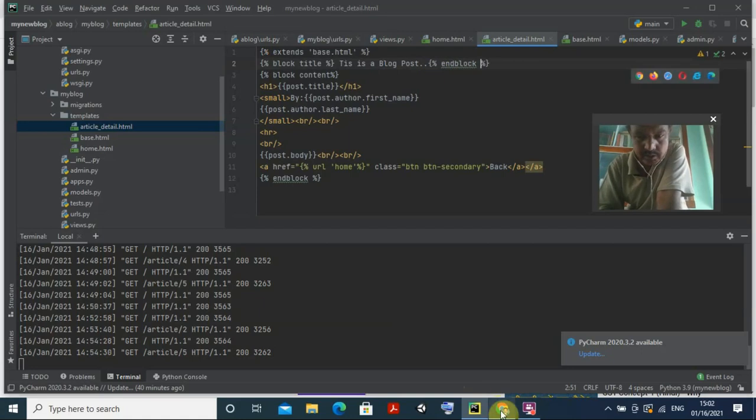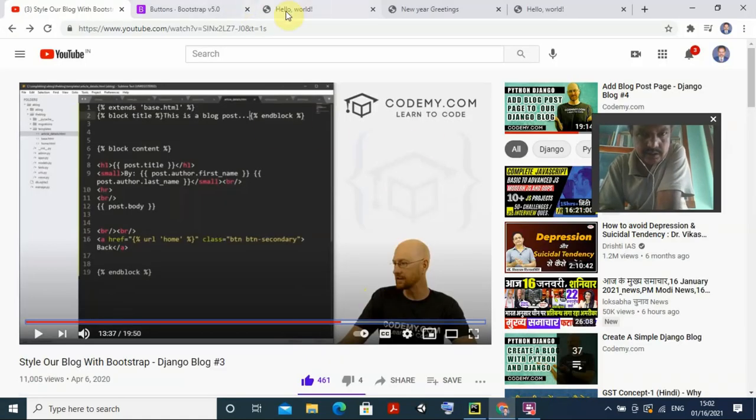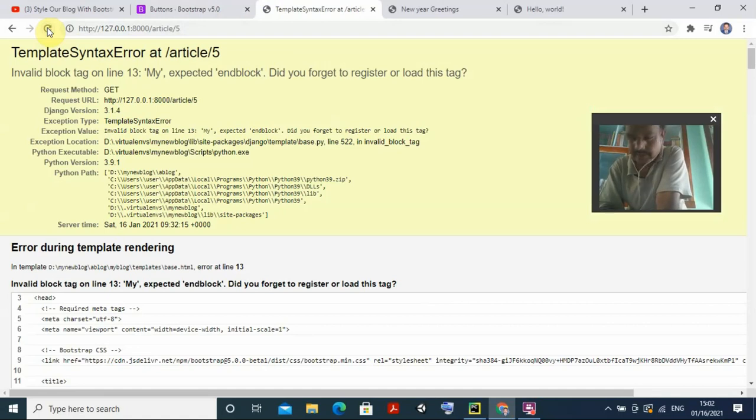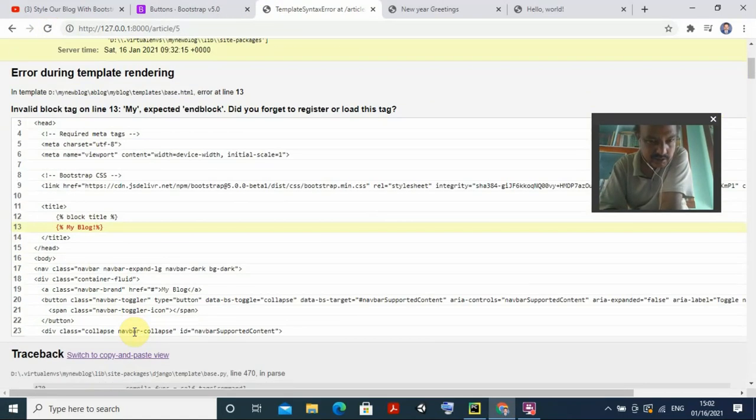And now let us run this and see what the output is. See, still you can see it is showing hello world. I check it here. So you have done something somewhere. I think around line number 13, block text head, wait, line number 13. Let us see. We have made some mistake somewhere here. Line my blog. Okay, so line number 13 of which one?